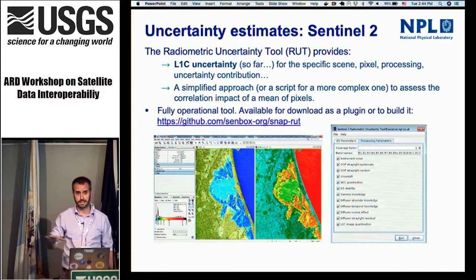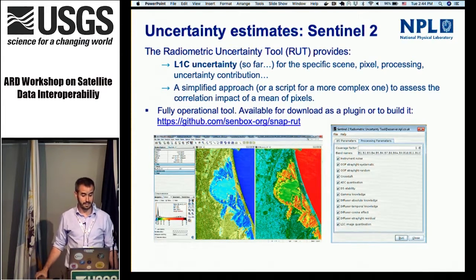Basically, these are operational uncertainty estimates for Sentinel-2, which provide Level 1C uncertainty for the specific scene, pixel, processing, and uncertainty contribution. It's a very simplified approach, but you can also study the correlation between the different pixels. It's an operational tool. It's not part of the downloadable product that you can find, for example, in the Copernicus